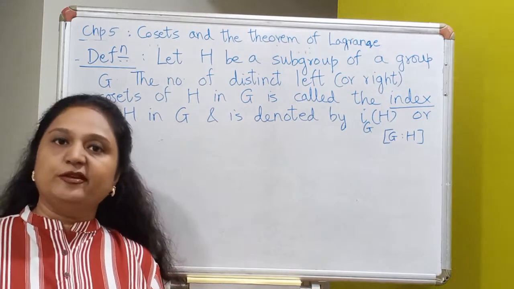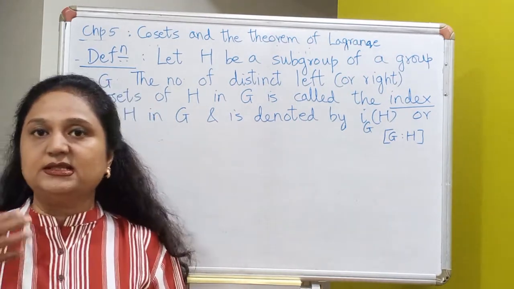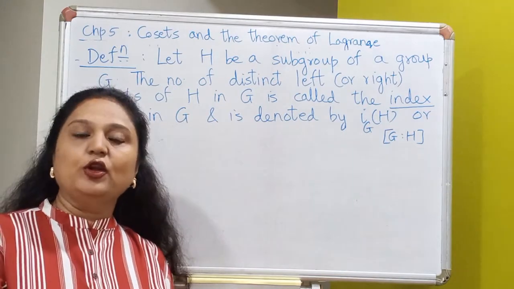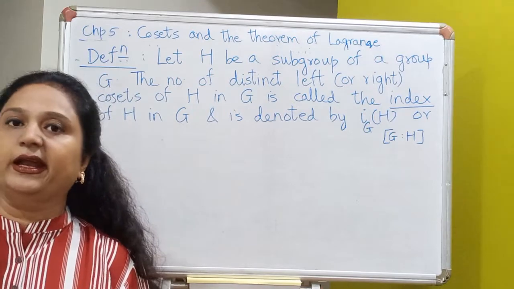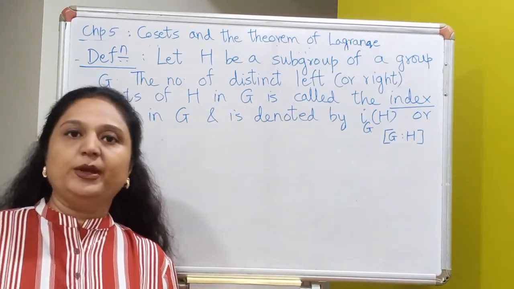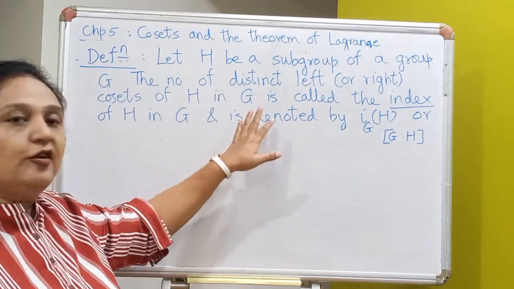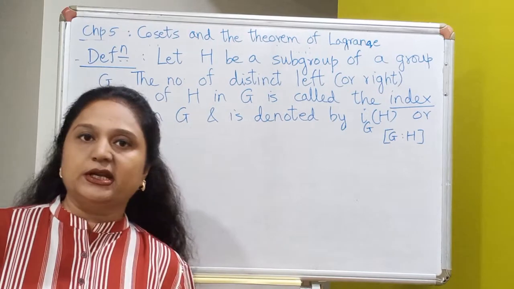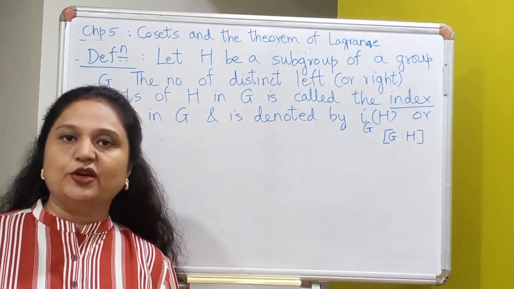But if the group is infinite, even if group as well as subgroup are infinite, if you look at example 2, the number of distinct cosets was still finite. So if the group is infinite, then the index could be either finite or infinite. So in any case, the definition of the index is simply the number of distinct left cosets of H in G or the number of distinct right cosets of H in G.